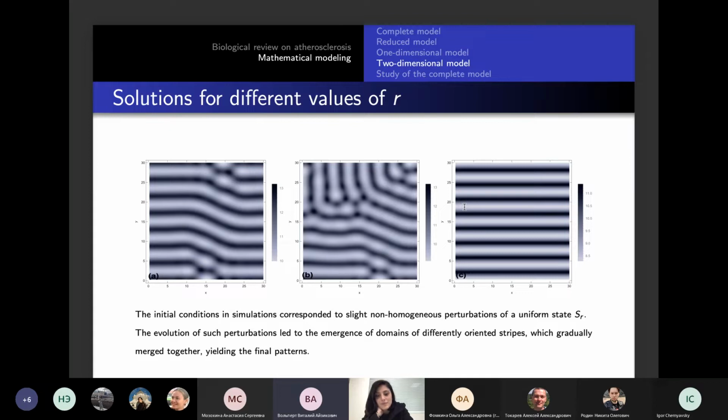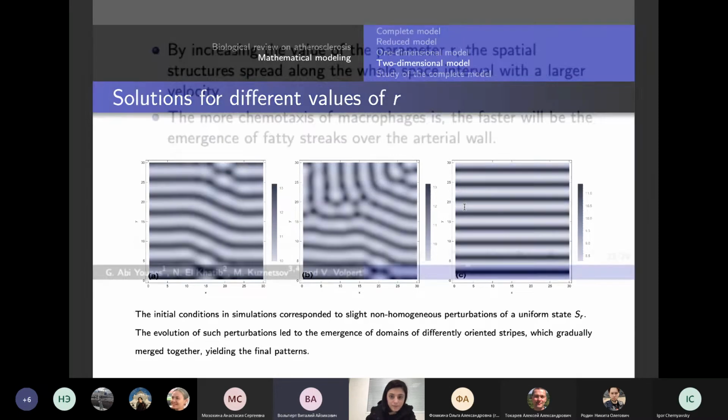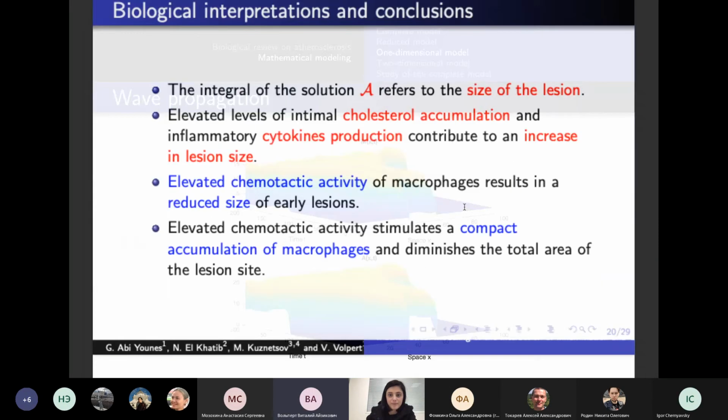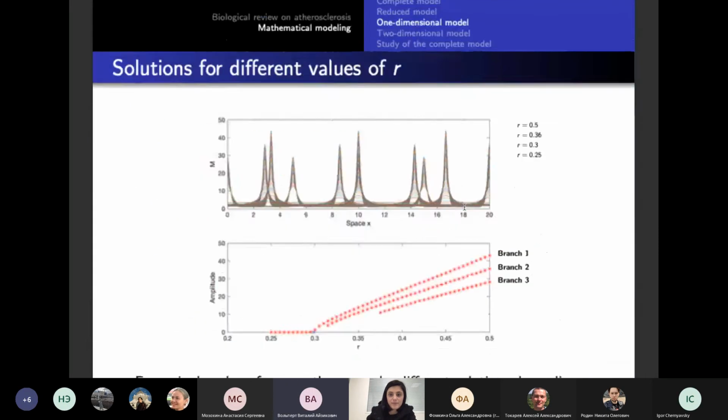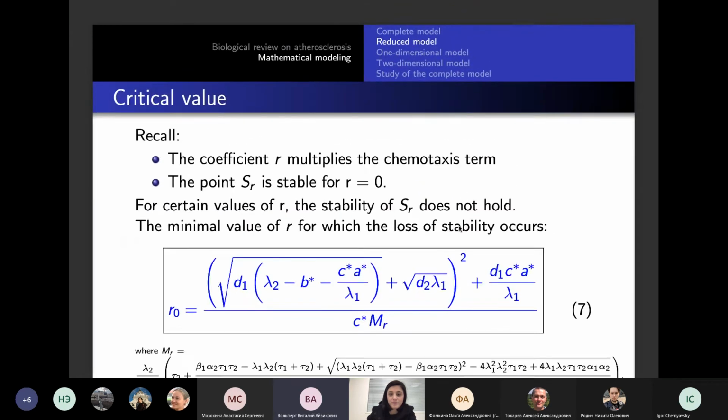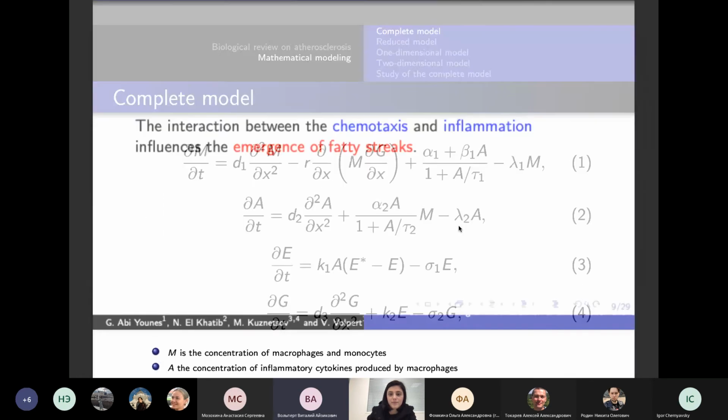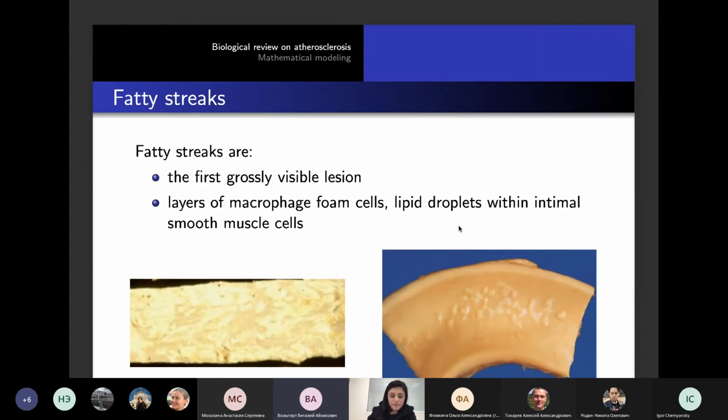What is also interesting here is that in some rare cases, Gada showed in the beginning these experimental pictures with two different geometries. One of them was really fatty streaks, the stripe structure. Of course, not so geometrically precise as in simulations, but in the left figure, something like this stripe, oriented maybe in the direction of flow. Alexei asked the question about the role of flow.